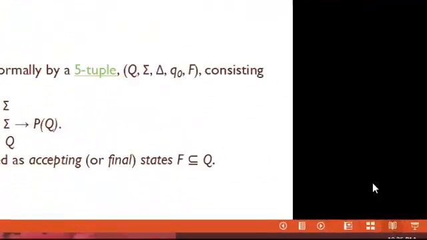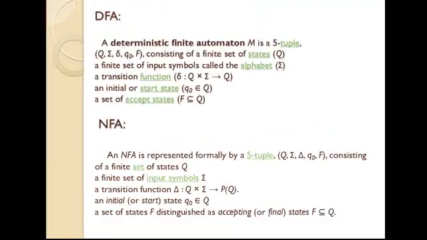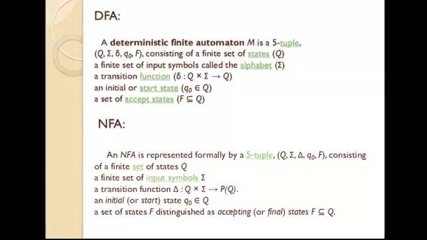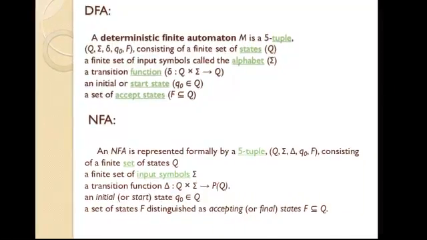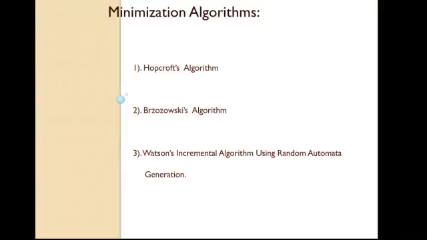A deterministic finite automaton M is a five-tuple consisting of a finite set of states Q and a finite set of input symbols called the alphabet sigma, a transition function, an initial state, and the set of acceptance states. Coming to the non-deterministic finite automata, the NFA is represented formally as a five-tuple consisting of a finite set of states, a finite set of input symbols, a transition function, an initial state, and a set of states distinguished as accepting or final states. The minimization algorithms consist of three: Hopcroft's algorithm, Brzozowski algorithm, and the Watson incremental algorithm